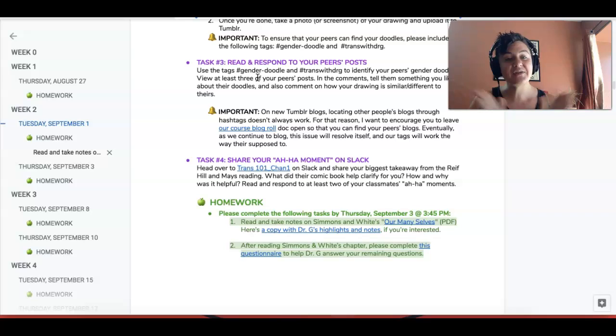But here's this wrinkle with Tumblr. If you have a new Tumblr blog, your hashtags don't work right away because they want to verify that you're not a bot first. And so for that reason, maybe for the first couple of weeks, it's going to be hit or miss trying to find your peers' blogs using those hashtags.